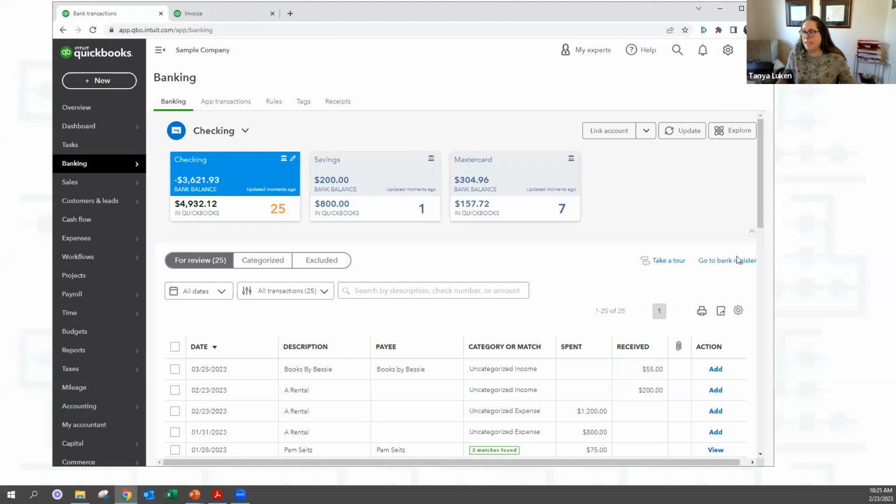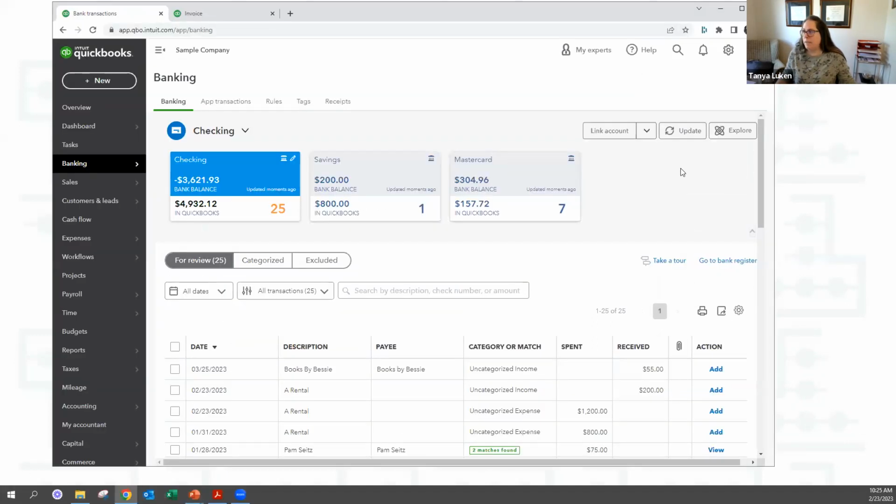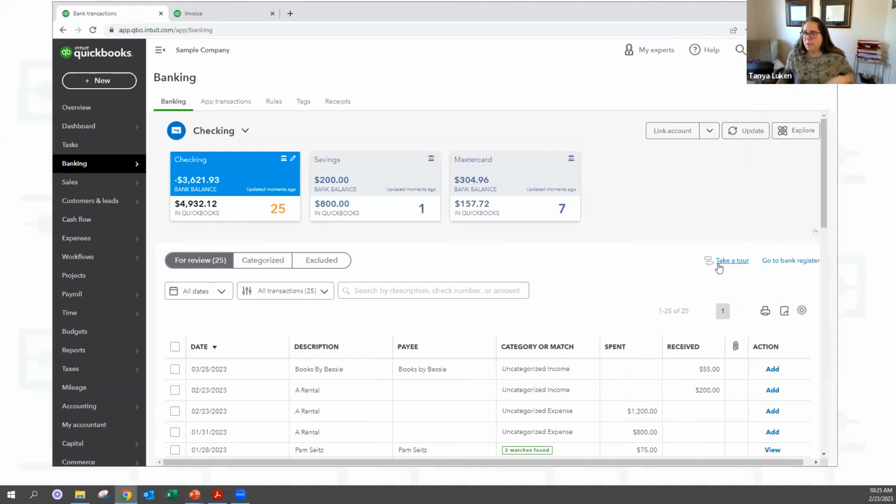So there's some links on this page. Let me make this little, oops, I went to make it bigger and I made it go away. There's some links on this page so you can take a tour if you want to, have it show you around. There's absolutely ways that you can do that here. There's also a link in the Word doc that Karen's going to send out to you later that you can watch. It's going to help you figure some things out.